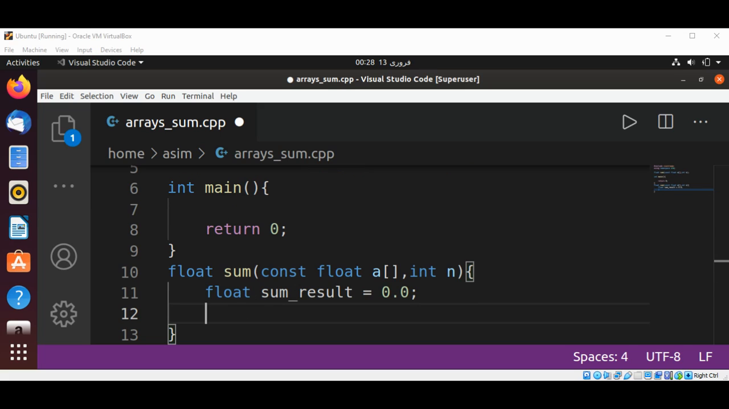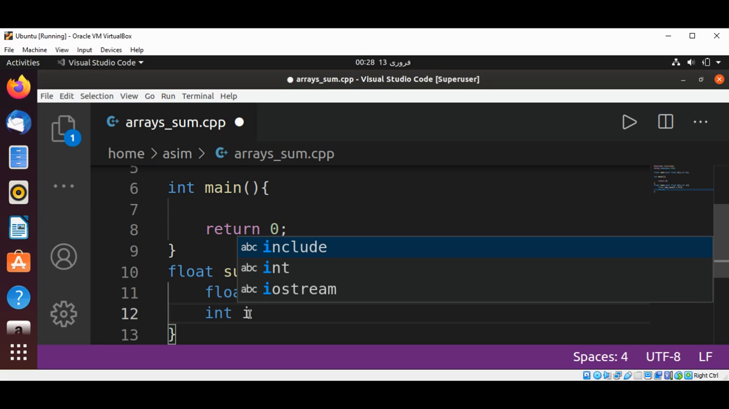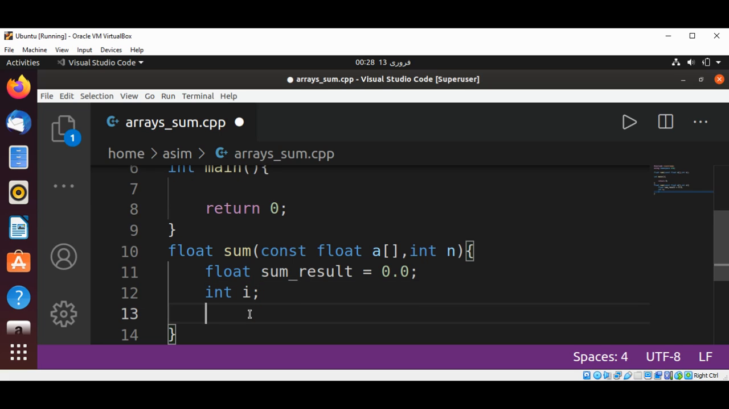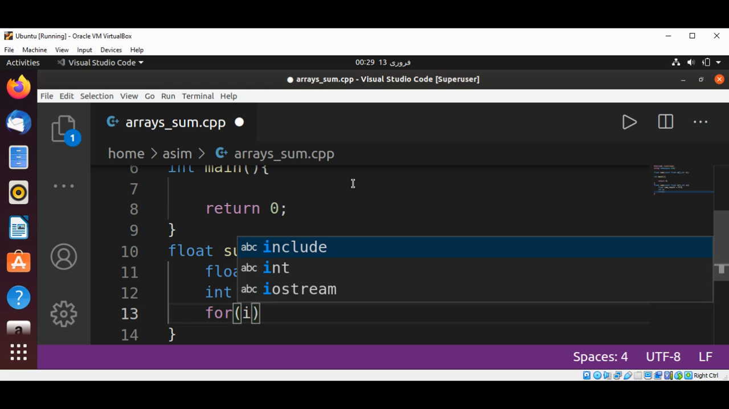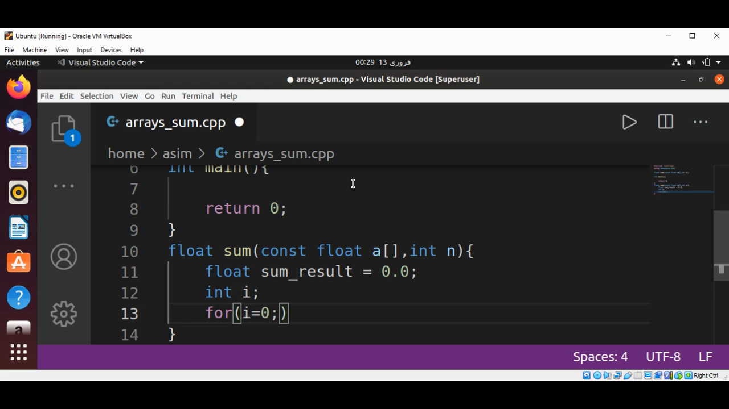And now I will have an int variable for our for loop, int i, and our for loop: i is set to 0, i less than the number of elements in our array. Then we are going to increment i,